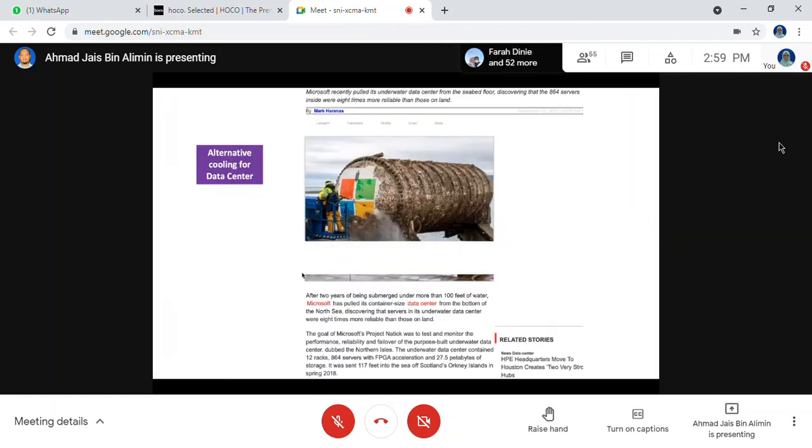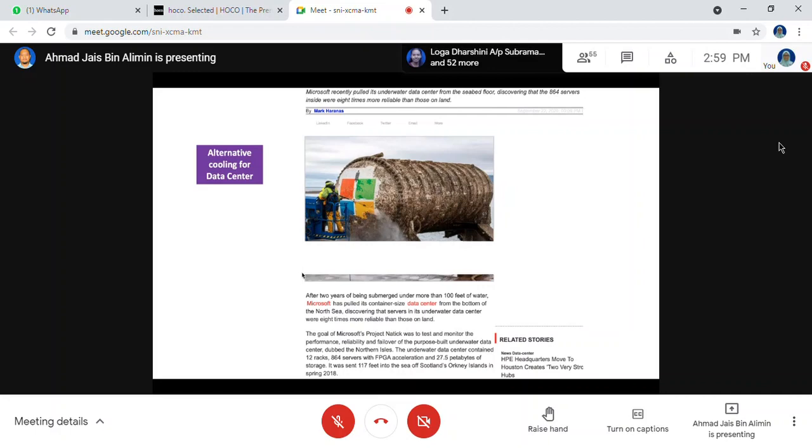Okay. And if you don't want to use the refrigeration system, because your company may have a policy or believe that you don't want to depend on synthetic refrigerant systems because you want to conserve the environment and so on, you may want to consider natural cooling. So that's what Microsoft was doing. I think this one is in